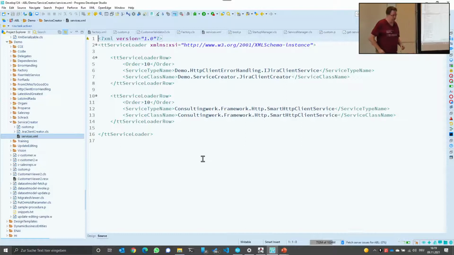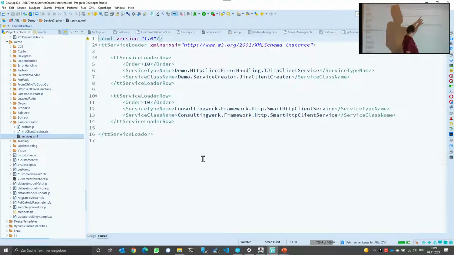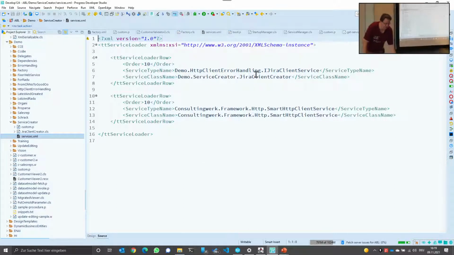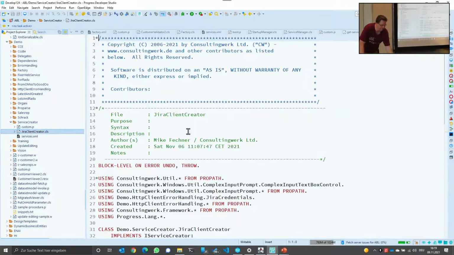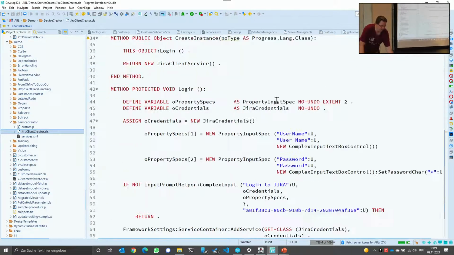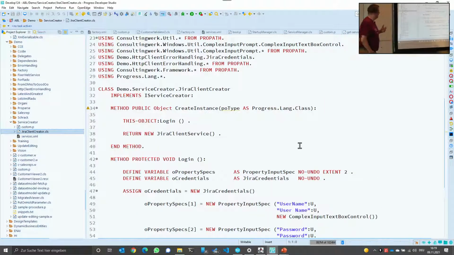So within the service XML file, I'm registering for the Jira client service, the Jira client creator. Nothing special, so that could actually be an implementation of the Jira client interface, but in fact it is not. When we use the service creator pattern, then our service container knows that the first time somebody asks for the Jira client service, and the object which is registered as the implementation actually does not implement the interface itself, but